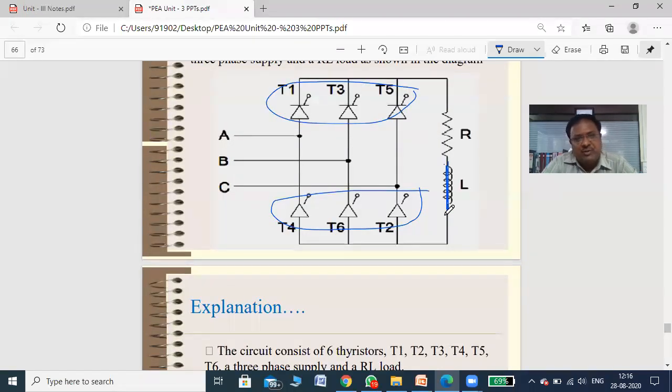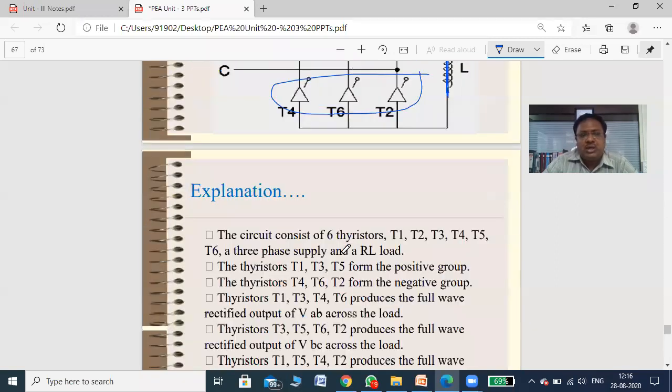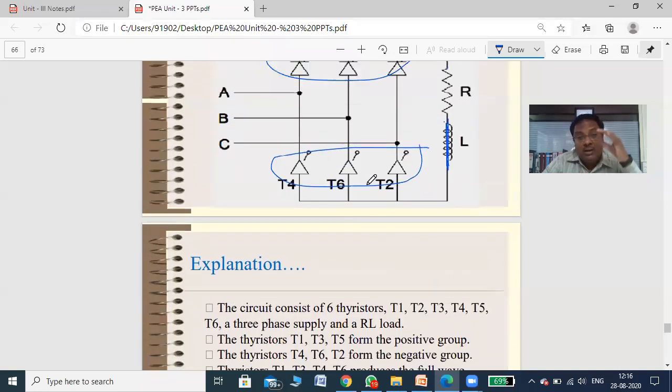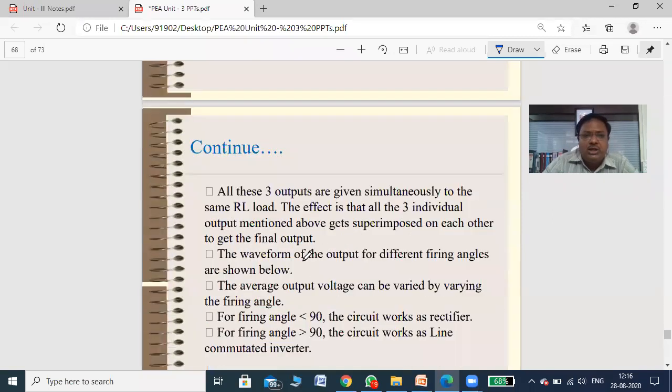It's a 6-pulse converter. In this one, even in the previous one also, we are not using any neutral point, so normally the voltage is line voltage. Here also the line voltage is used, VAB, VCB, and so on. Phase voltage is not used with this converter because it's a bridge type and we are not using the neutral point. So we directly apply the voltage between phase A and phase B, or phase A and phase C, likewise. So we are using the line voltage waveform.